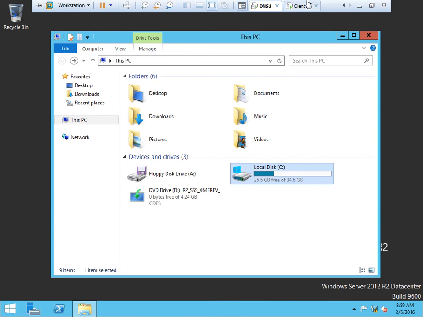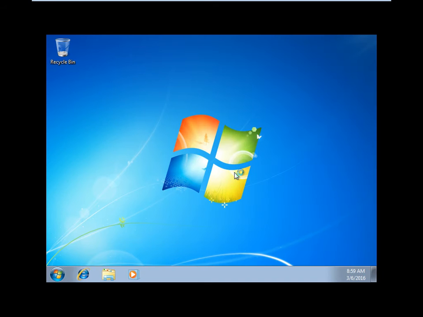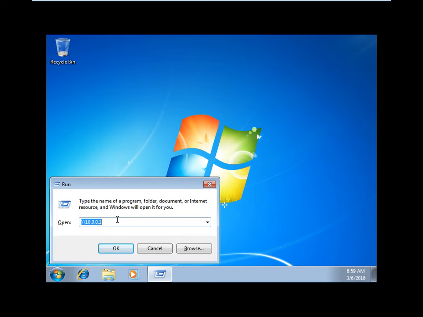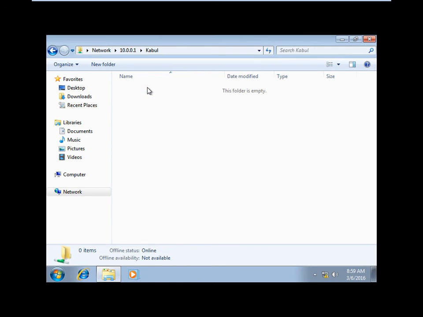Okay, now just log in, user 1, password @123. Here guys, Window R, \\10.1 server IP. This is the folder.